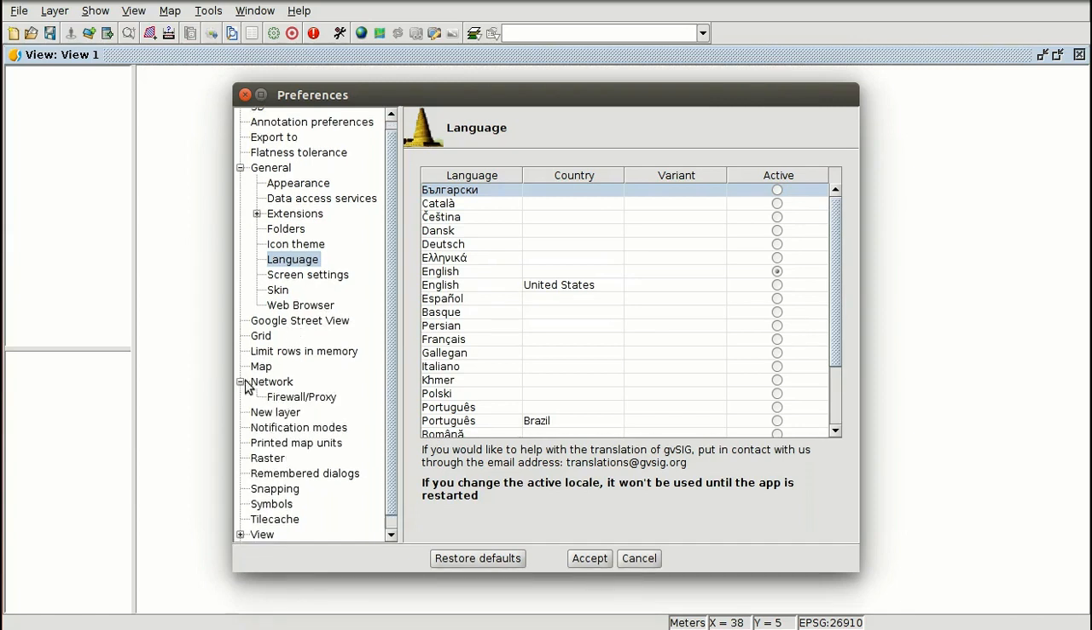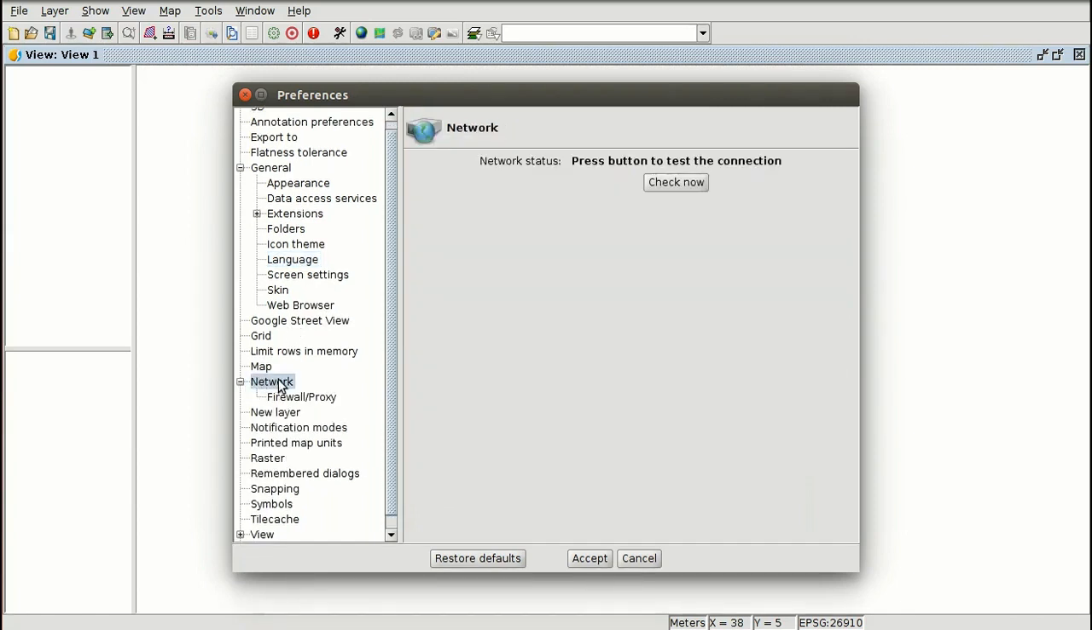Then another important section is the network, where we can check if we have internet connection from GPC. If we press here, we can see that we have connection. So if we connect to a web map service or web feature service, etc., and we get an error, we can check if the problem is the connection or the problem is the URL or